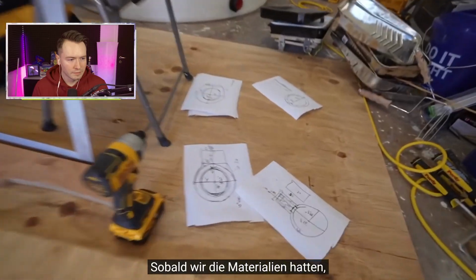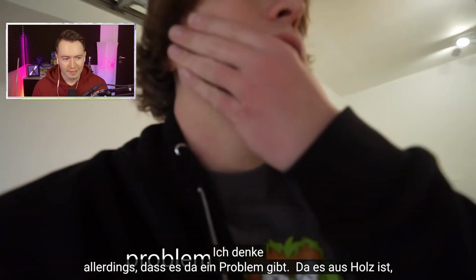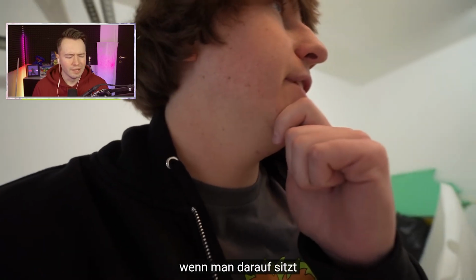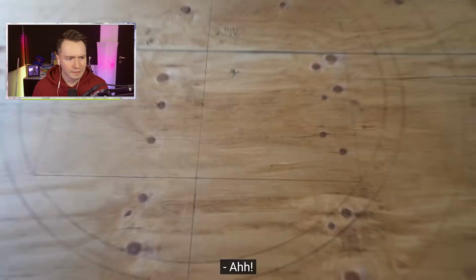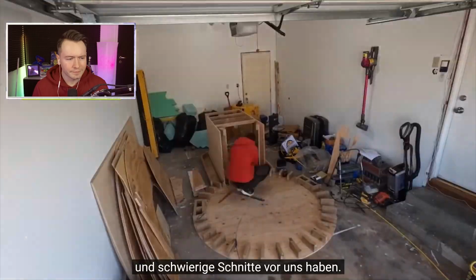Once we got the materials, it was time to get building. Next, we will be cutting the wood into the shape of a toilet. I think there's a problem with that though. Won't people get splinters when they're sitting on it since it's made of wood? Unfortunately, we don't have time to worry about the splinters because we have a lot of work and difficult cuts to do. This thing is...